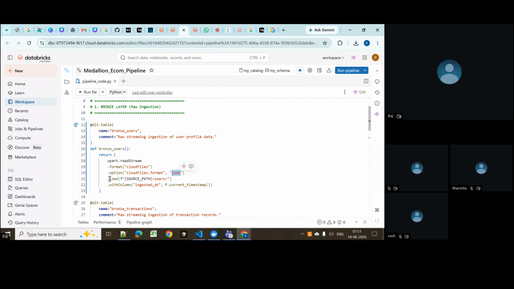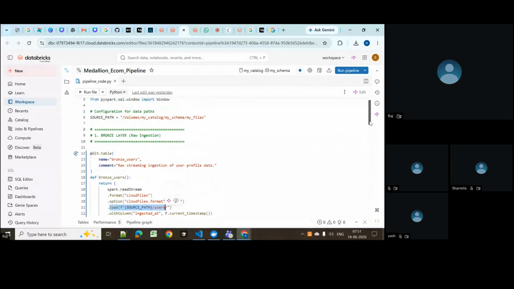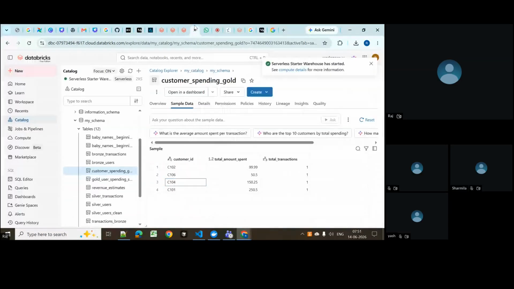Here we have to specify the path. Last time we specified the full path, as we had only a single folder. But this time it is source path and users, because if you go and check this one,